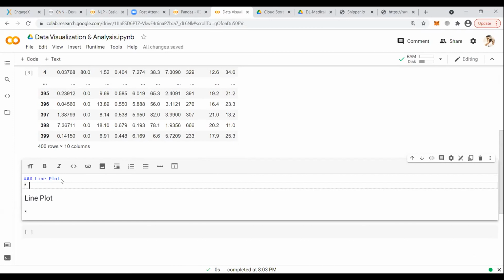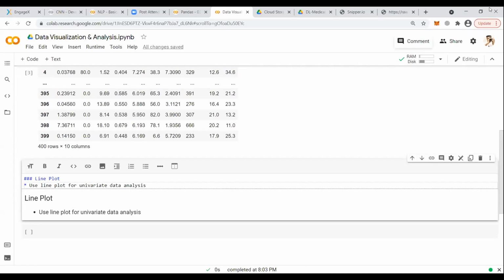Use a line plot for a single value, called univariate, when you want to see the trend of the values of univariate data, whether it is increasing or decreasing as your row value increases.